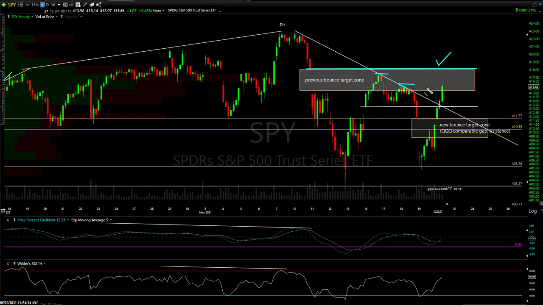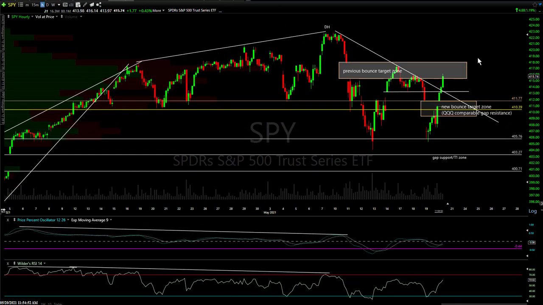I'll use them to micromanage my trades, but I'm putting a higher preference on what happens on the daily time frames than on the intraday time frames, because we can come all the way up here. We could do all this today and then turn around and go back down and close the day back below this bounce target zone or that reaction high there. And again, it would take a lot, particularly a recovery of the primary uptrend lines on the daily charts, to change the outlook on that time frame.